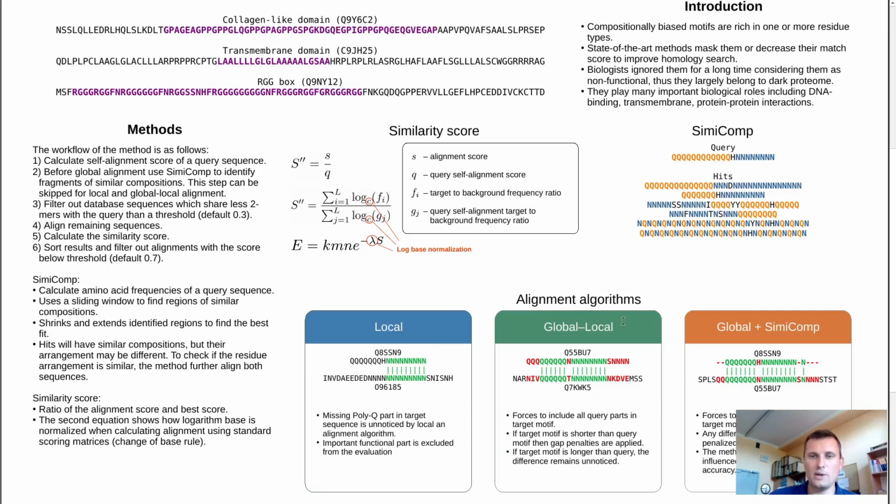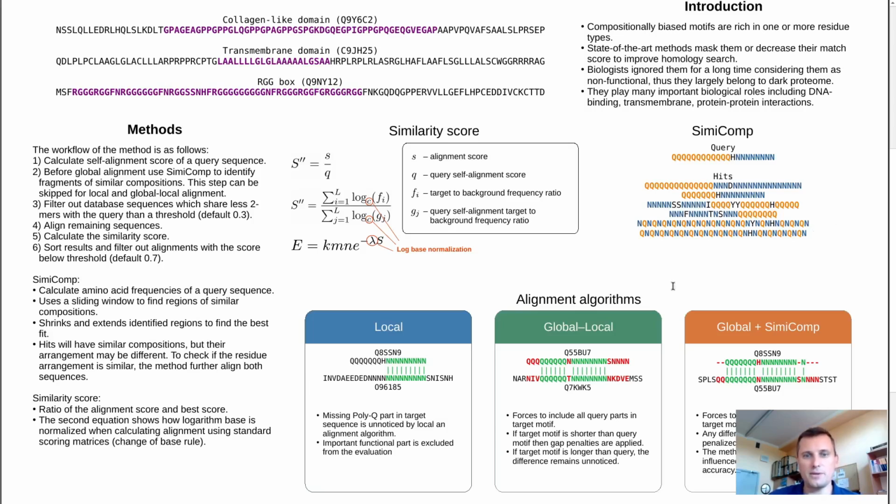In the case of global-local alignment, if the motif is shorter than the query motif, then we apply gap open and extend penalties. In the case of global alignment, we take this query and simply perform global alignment on these hits,